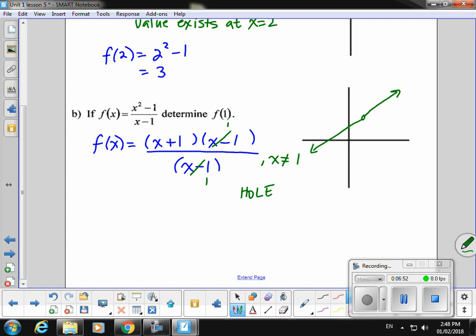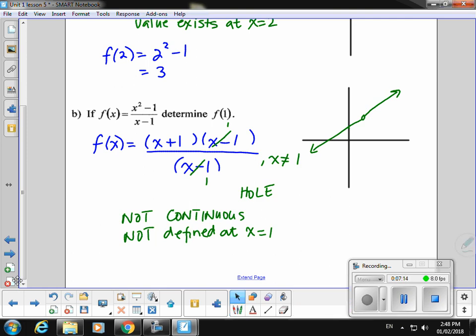That's just crazy. The graph is not continuous. It is not defined at x equals 1. But you can probably see that there is a limit if we come from the right or from the left. We are going to be approaching the same value. Lastly,